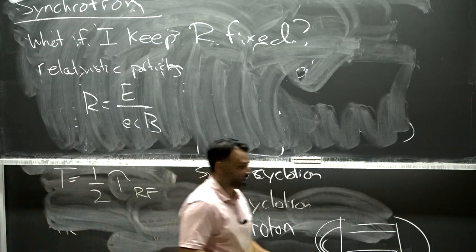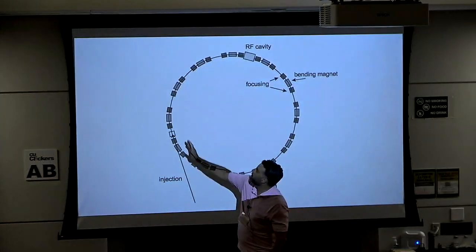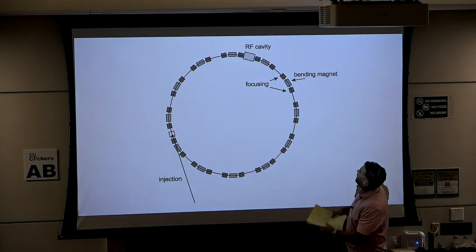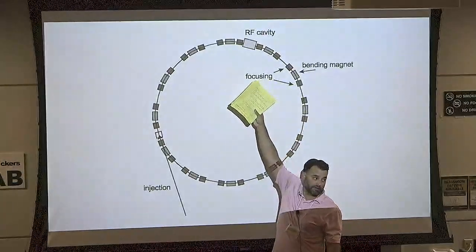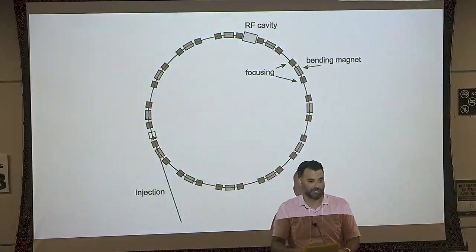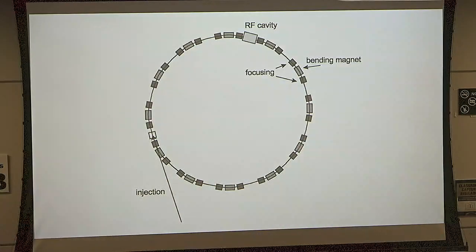Now, this means I can make an accelerator that combines these basic principles. If I put a particle into the path, I'll have some magnets that bend it to keep it at this radius. And I can put only one RF cavity. I don't have to put thousands of RF cavities. I can in principle just have one accelerating mechanism. And because I see it over and over and over, it goes through the same turn, I can keep making this larger and larger, higher and higher energy. So a synchrotron is a way to get to very high energies using very few RF components and in a small package. Okay, the RF power will reduce.